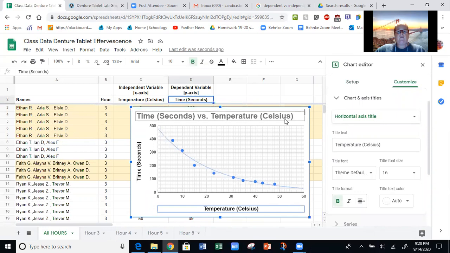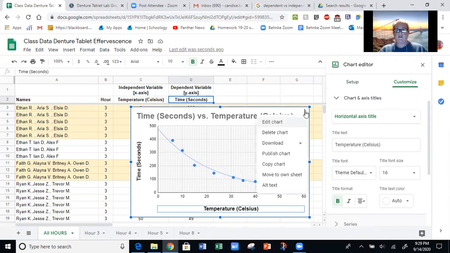I have the tick marks the way I want them. I have it stretched out a little bit beyond my last data point, both vertically and also horizontally. I put my trend line in there. And the very last step that I want us to do for this assignment is to make this on its